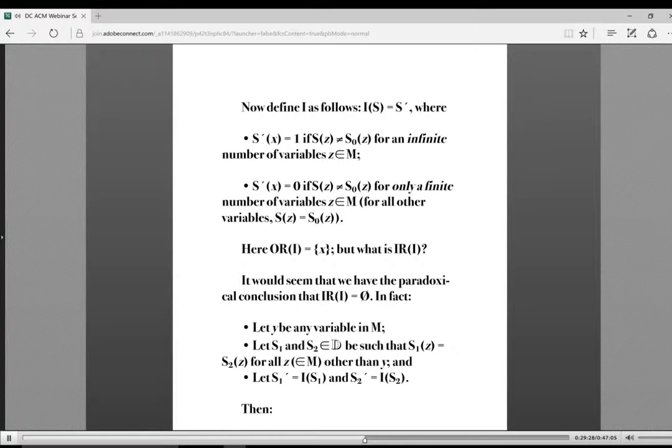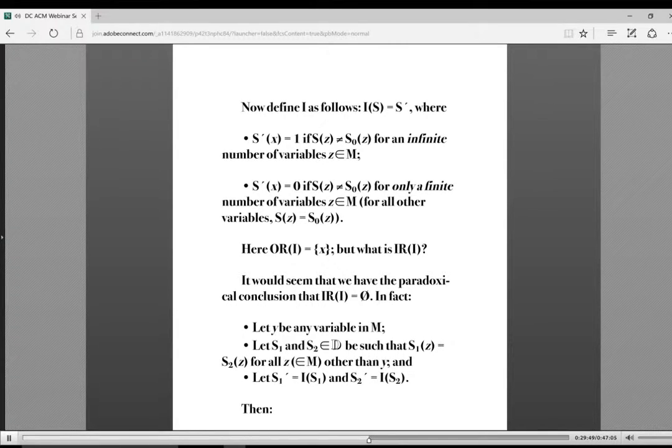Here, the output region of I is the set consisting of just X. But what is the input region? It would seem that we have the paradoxical conclusion that the input region of I is the null set. In fact,